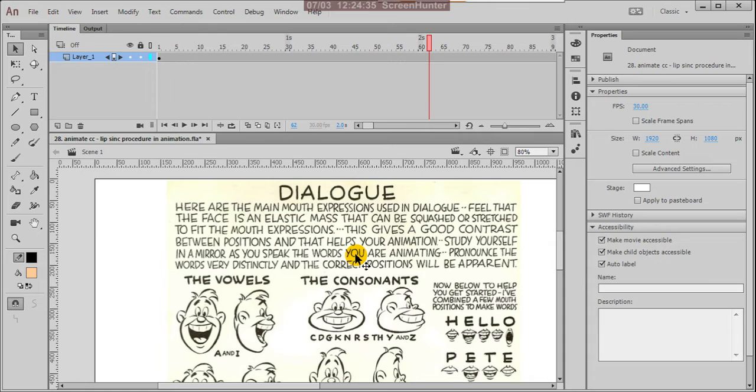Suppose you say hi, otherwise hello. When you say the hello dialogue, check with your mirror how your mouth extends or expresses the dialogue, and check the muzzle position.